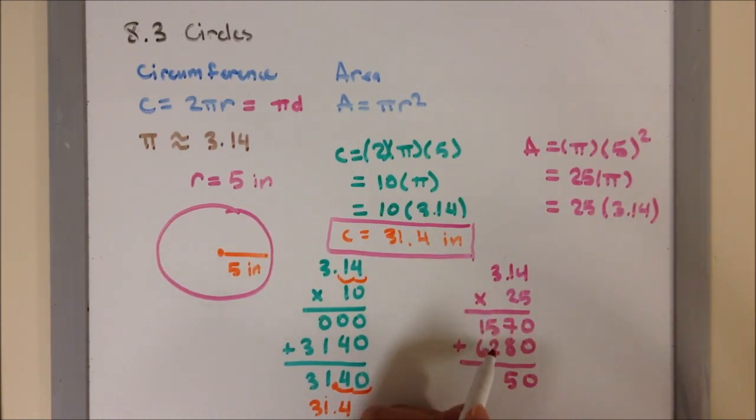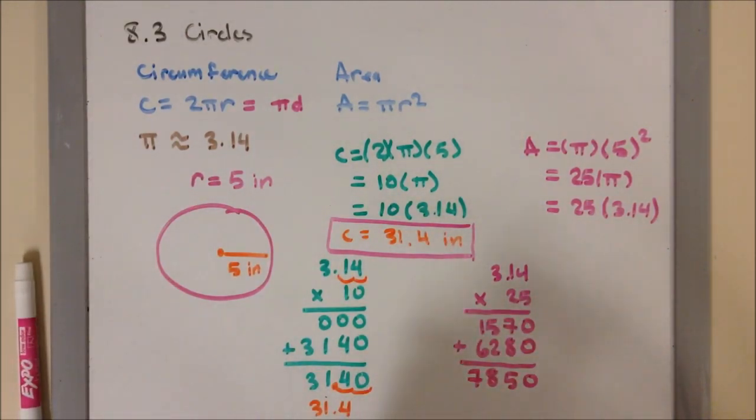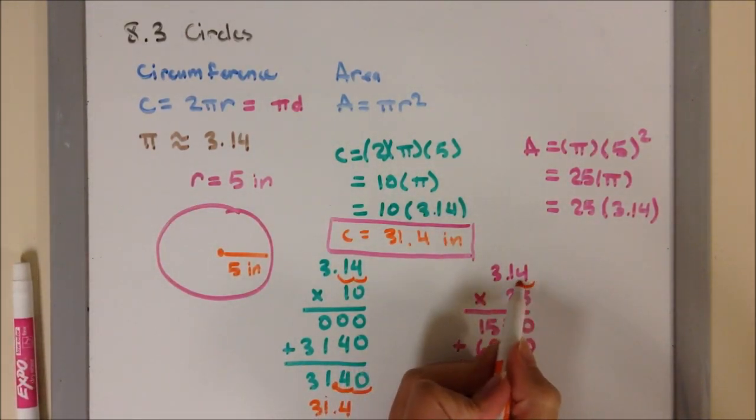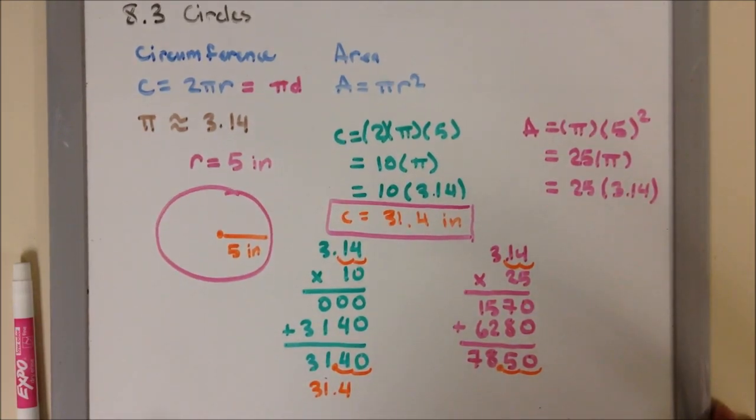1 plus 5 plus 2, that's going to be 8. 1 plus 6, that's 7. Now, since I multiply with decimals, I'm going to look at the original. I notice that it's 2 decimal places, 1, 2. So starting from the right, I'm going to move 2 decimal places, 1, 2. So right here. So my final answer will be